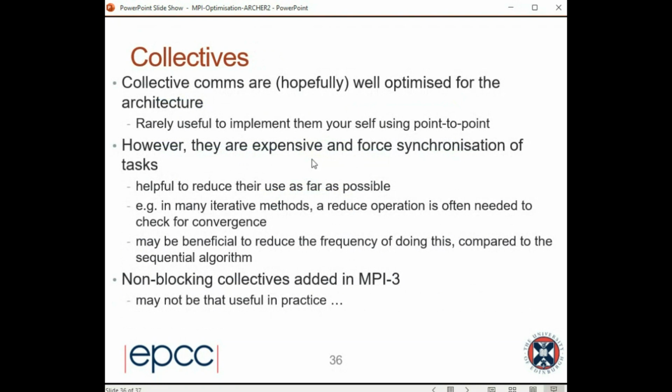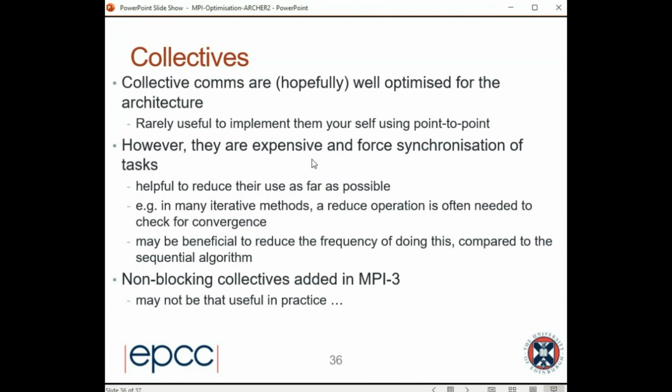So collectives are hopefully well optimized for the architecture. The MPI manual is not particularly readable, but it is one of the few times I would recommend looking at it, to have a look at what collectives are available, because that is the easiest way to optimize your code. Don't program something up yourself, program it up using collectives. Now, you may look at the manual and decide that the collective operation isn't quite what you need. Well, there are tricks you can use, and that's the subject of the last lecture today: you can sometimes shoehorn the collective into doing what you want if you understand the way that data types work.